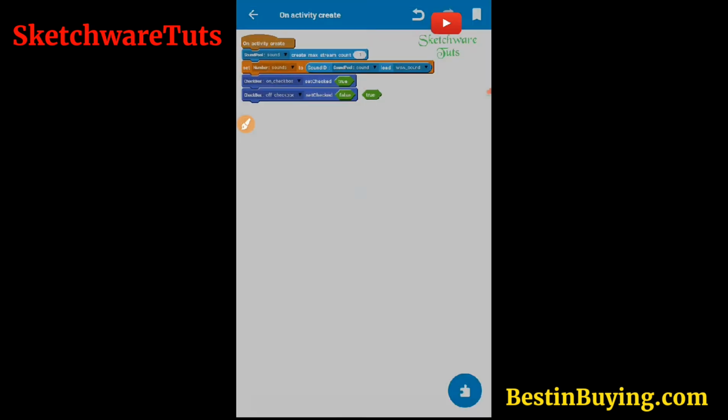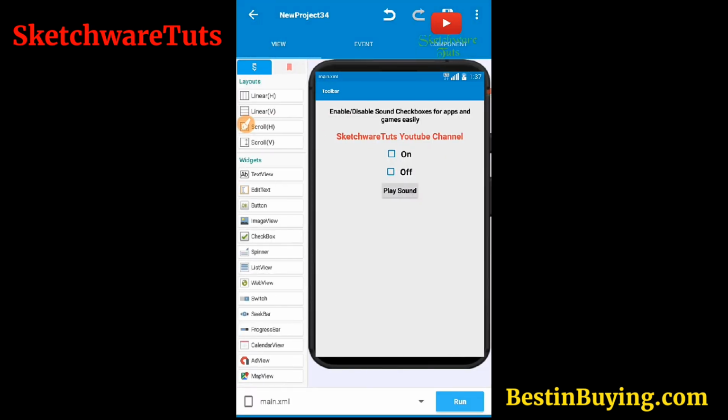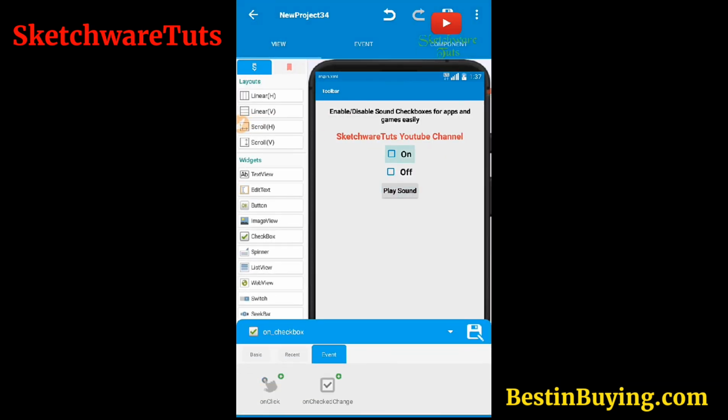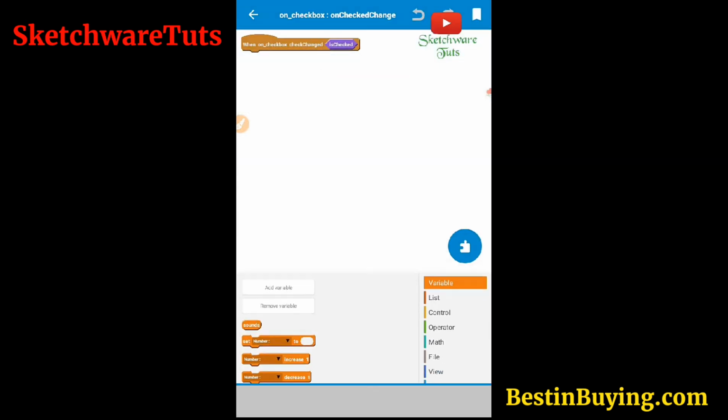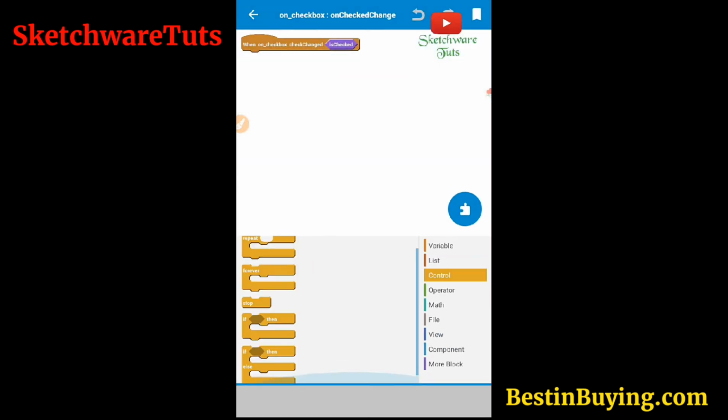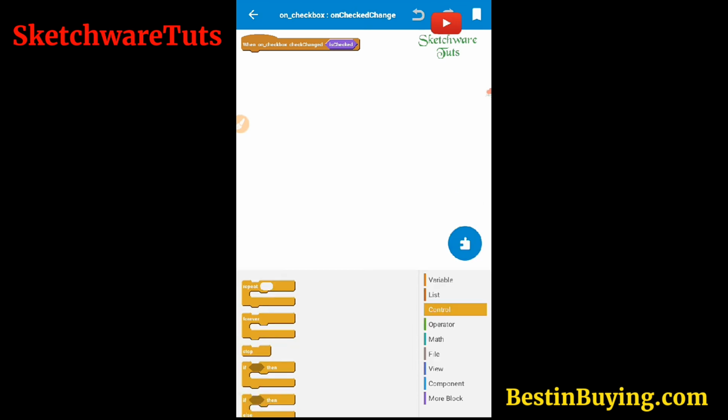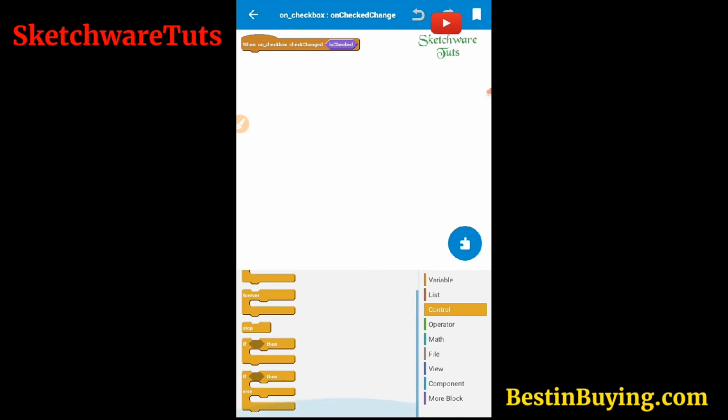Now I'm going to go back, and now the major part of logic section should be given. So this is the event of on check change of on checkbox. So what should happen when the on checkbox is clicked or just the check is just changed? So for now I need